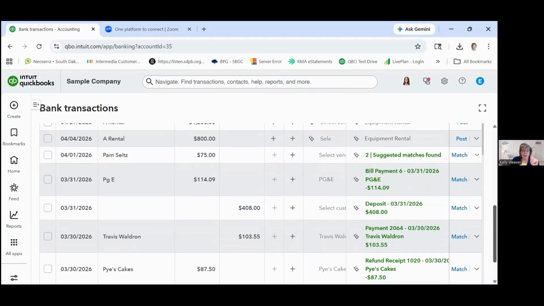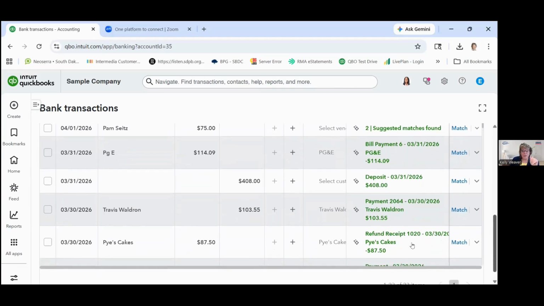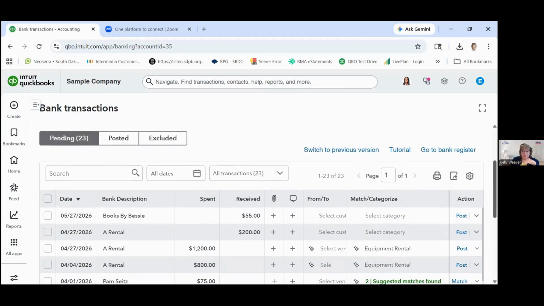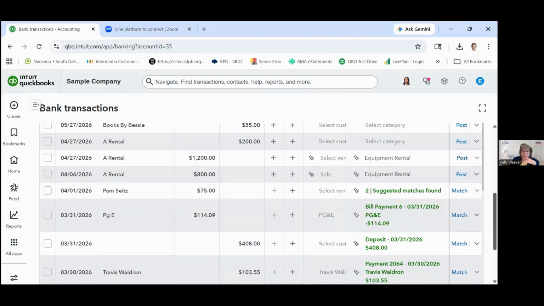You might want to click on the transaction where there's a match just to make sure that this information has all the right information in it. You don't have to add any more detail, but pretty much if it's a match, you can just do match, match, match, and then those are taken care of. And then you just have to deal with the ones that are posted.